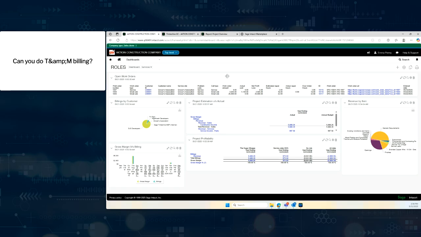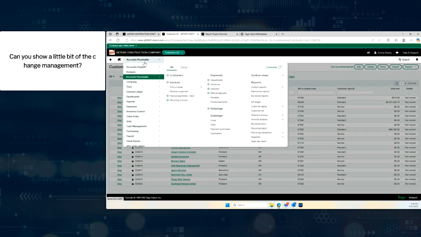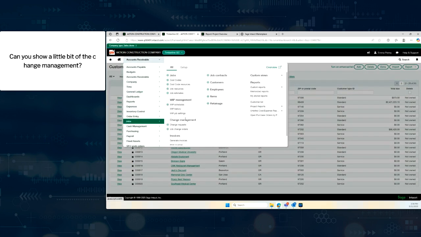Okay, now my apologies, Jim, if I've missed this one. Can you show a little bit of change management? Not sure if I missed that one. I mean, I can do something real quick for you. So if we come out here and I go into, let me make sure I'm in the right company, this one. So if I go in here and I go to jobs and we go over here to our change